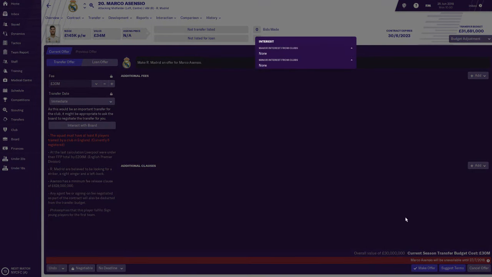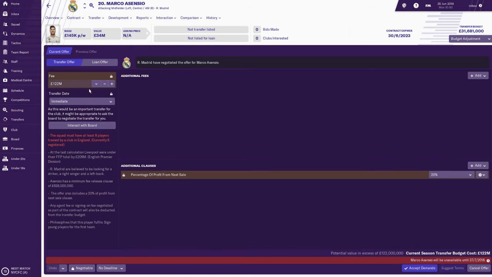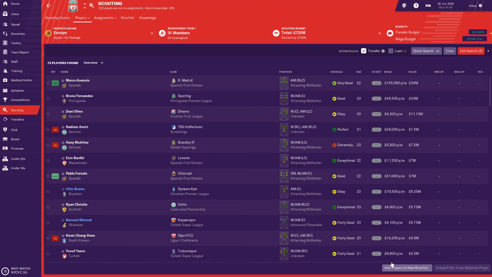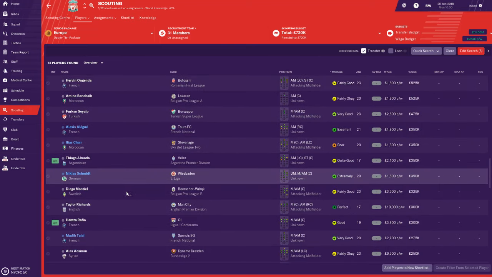And then you can do one of two things. You can make an offer or you can suggest terms. If I suggest terms, it'll tell me how much they will want. They want 122 million from. I'm going to say, no, let's just go in with a £30 million bid, make an offer, and then you get to see. What I'm also going to do is I'm going to make an offer for someone really shocking,